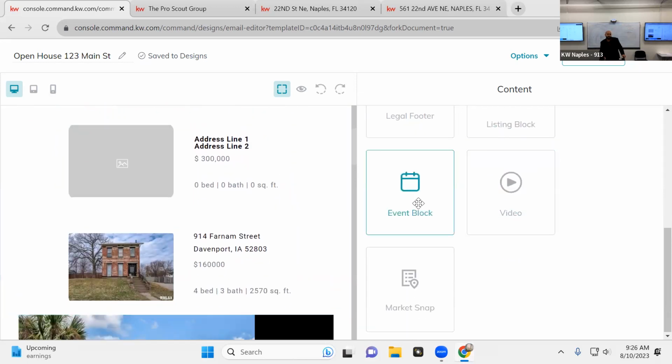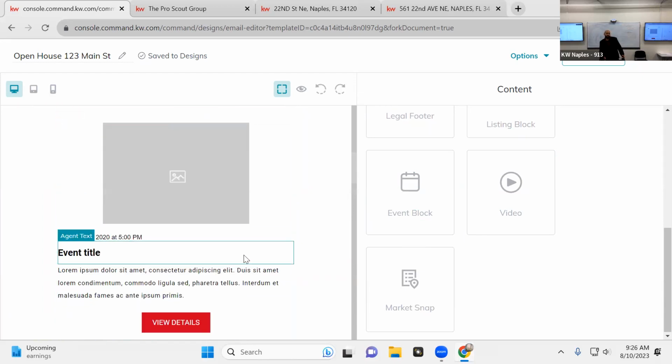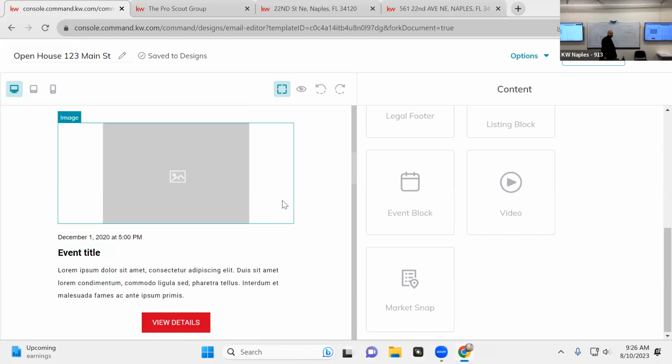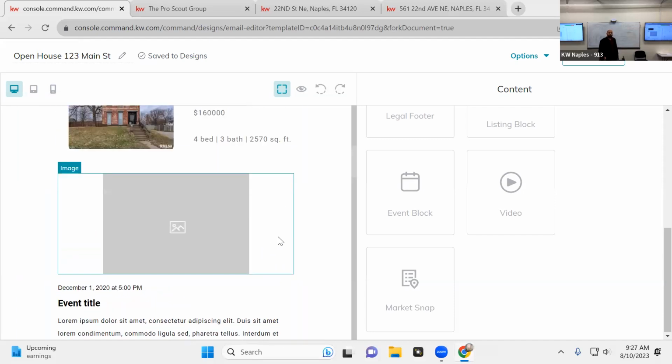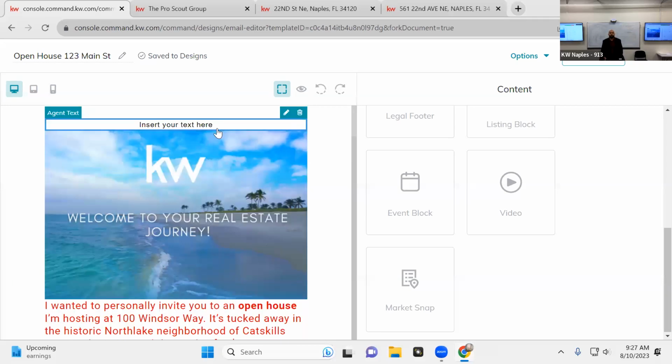Event block, let me show you. Just like you see it here. Maybe you have an event you want to promote in the area. So what that would look like is a picture of the event, date and time, event title, description, and then a link that takes you to the details of that event. So that's just pre-generated for you for a quicker plug and play design. Maybe I want to add a video. So maybe instead of all this,